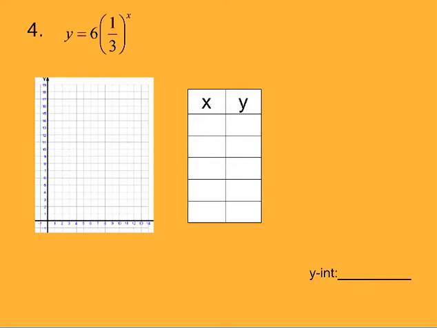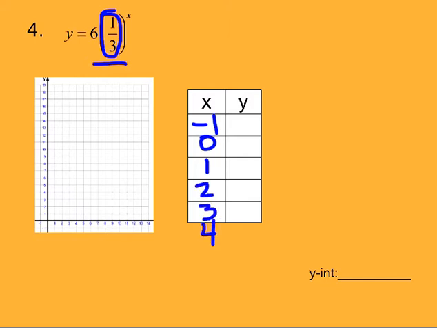Now let's take a look at number 3. Okay, so number 3, I noticed that I have a number less than 1 in there. This is kind of a weird thing when I do. You could still do 0 through 5 for your x values, but when this number is in between 1 and 0, I like to start at a negative 1, then do 0, 1, 2, 3,